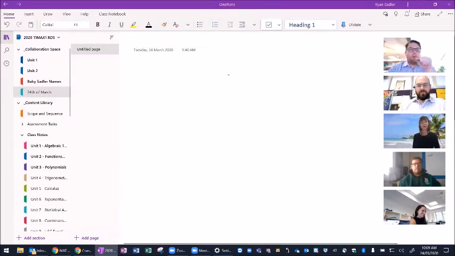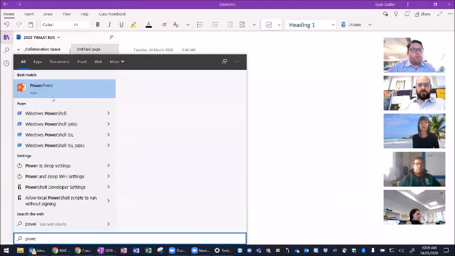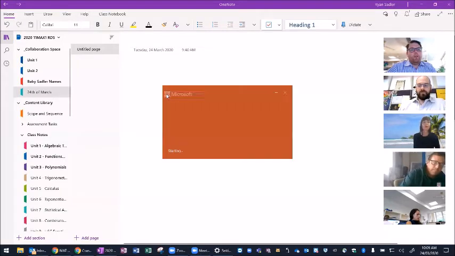So I'm going to use this OneNote page right here to just write a couple of things and then talk about doing it. And then I'm going to show you where you can put it. So the first thing you'll need is PowerPoint. So if you just go to PowerPoint here and open it up, and you end up with